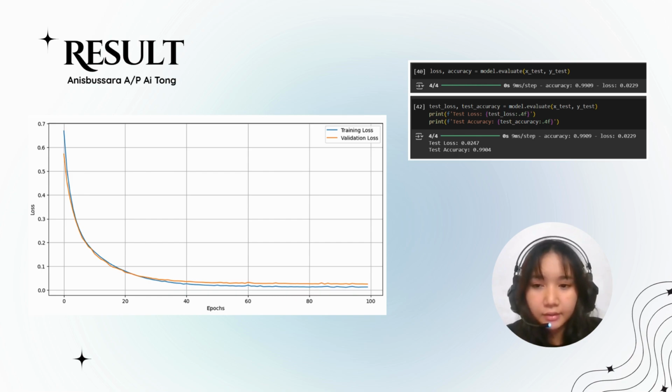As for the result here, as you can see, we have declared the loss and accuracy to test using the X_test and y_test. So to print out the test, we define it as test loss using the X_test and test accuracy using the y_test to print out the results. And test loss equals 0.0247, and test accuracy equals